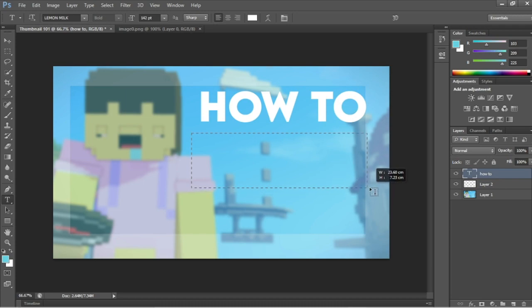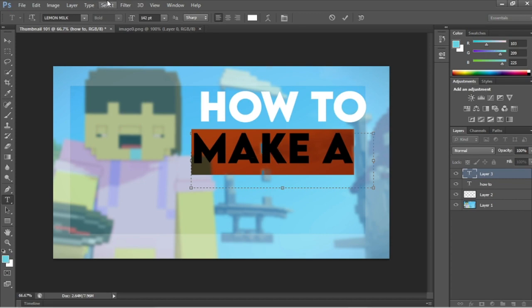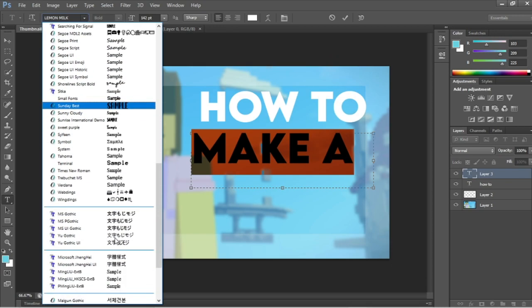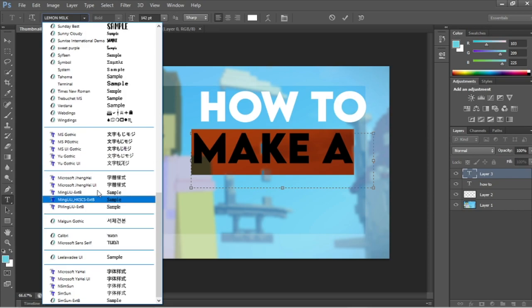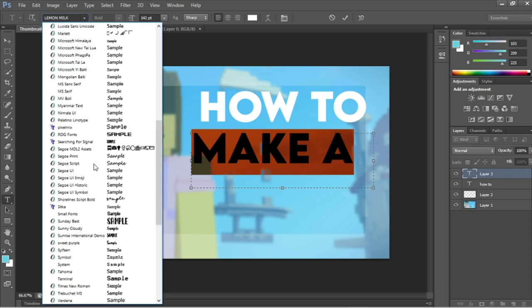tool again and drag to make a text box, and then I'm going to say make, and if you want to change the font, you want to select it. It's going to have this weird looking color, but it's fine. And you want to go to the top, and it should say the text size, sharp, whatever color. I'm just going to go on here and choose a font. What fonts have I been liking recently? I'm going to use this Pixel one. It's from the font. Totally recommend it if you guys want